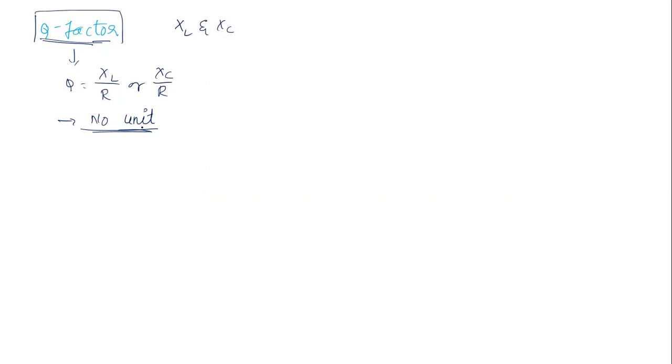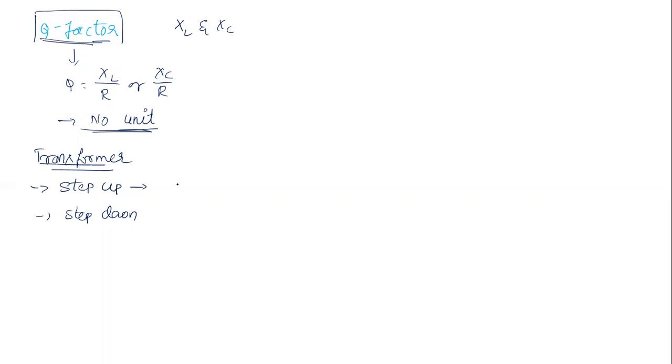Now let us move on to the next topic, that is the transformer. What actually is a transformer? A transformer is a device which converts one value of voltage to another value of voltage by changing the value of current. There are two types: one is the step up transformer, and one more is the step down transformer. How can we decide between step up and step down?